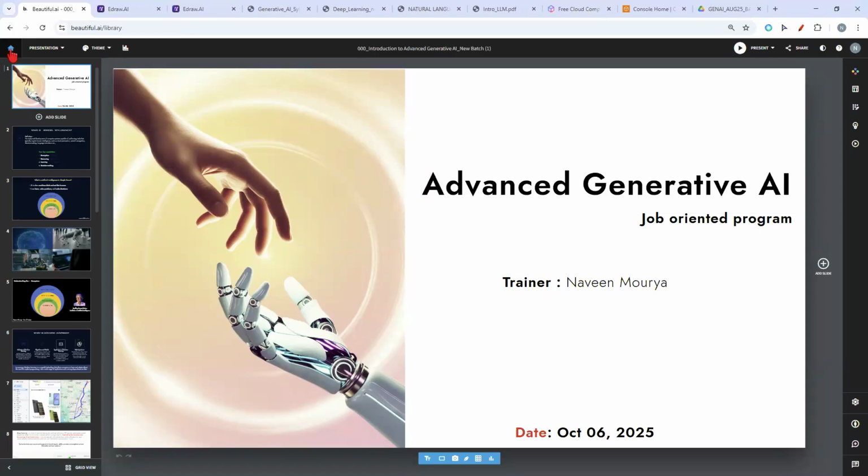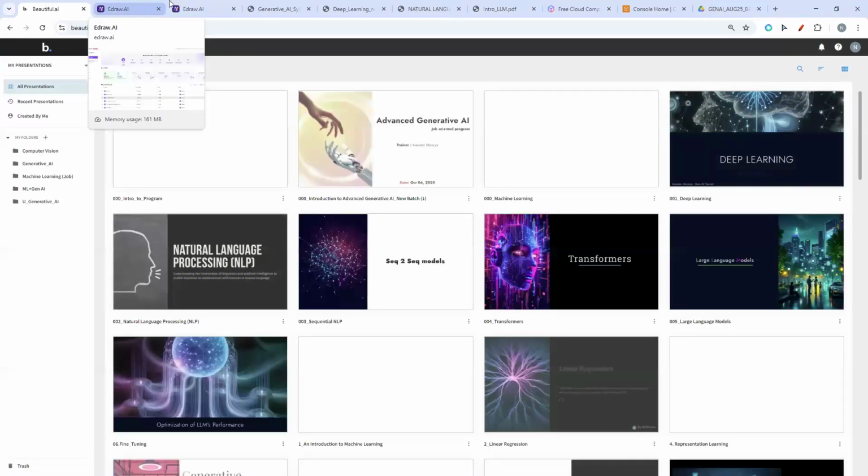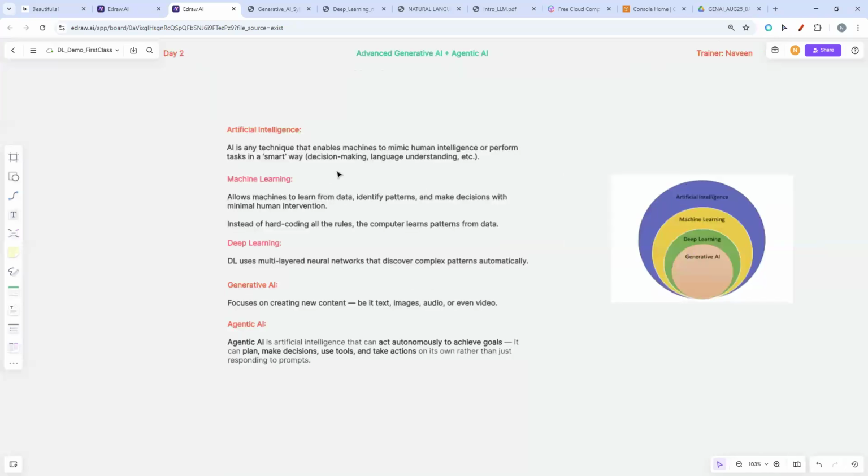Right, I think this is not the presentation. So yesterday we had discussed what is artificial intelligence, machine learning, deep learning, and generative AI. To all those who are attending this session for the first time,